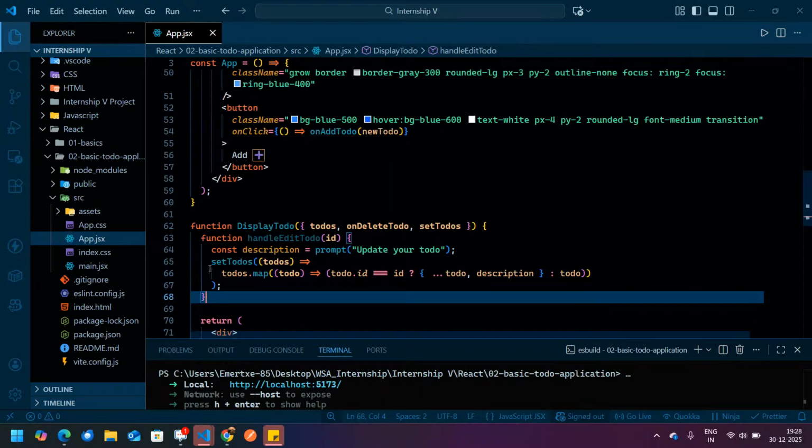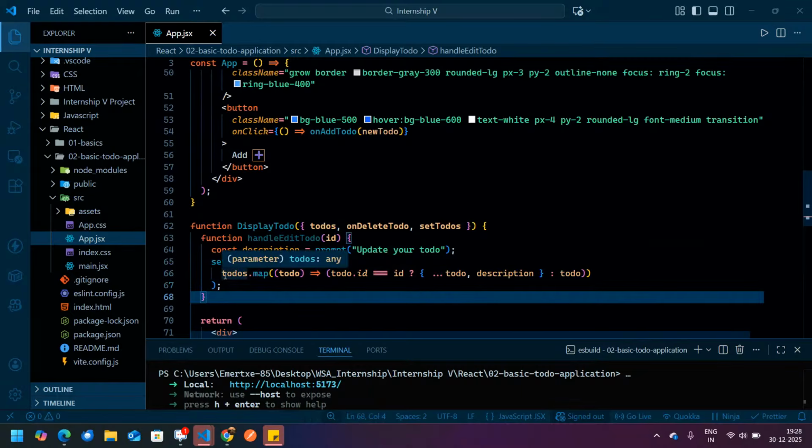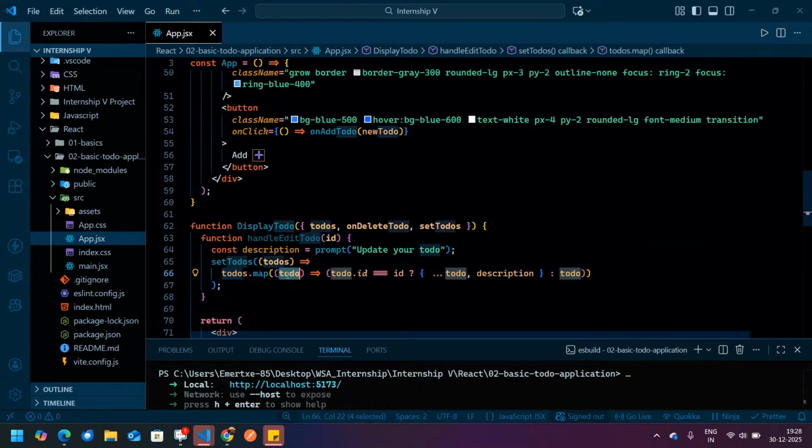What I did, I wrote setTodo, and you know that we have to write a callback function in order to update it efficiently. In this callback function, I wrote todos dot map method, in which we are accessing each todo one by one, and checking which todo's ID is equal to the ID we have selected to edit.